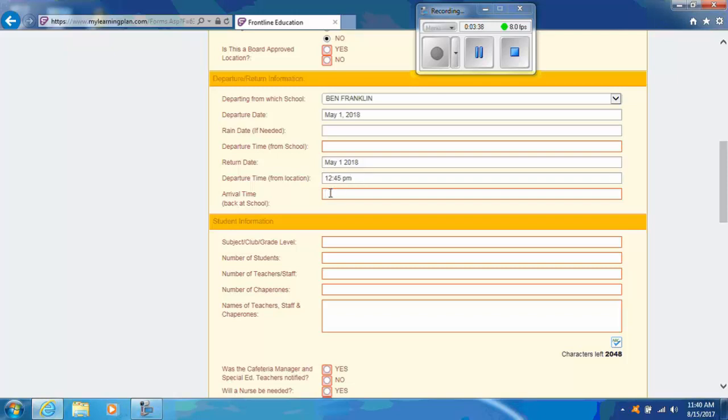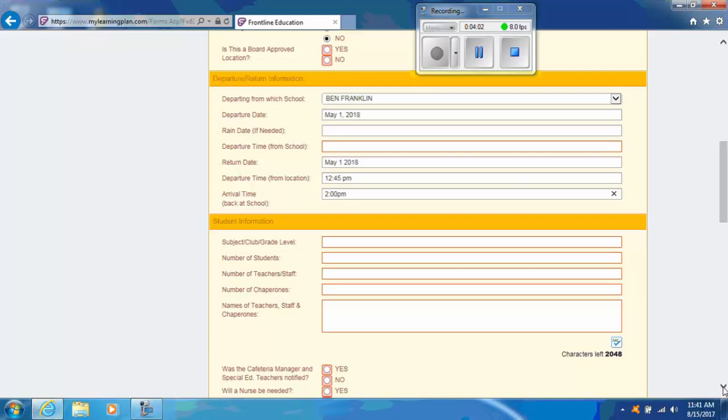And then this is the arrival time back at school. It's important that you research your location and research the travel time so that when you fill out this document, you can have accurate times in here. If your trip is an hour and 15 minutes away, then you can put in that you'll return back at the school at 2 p.m.